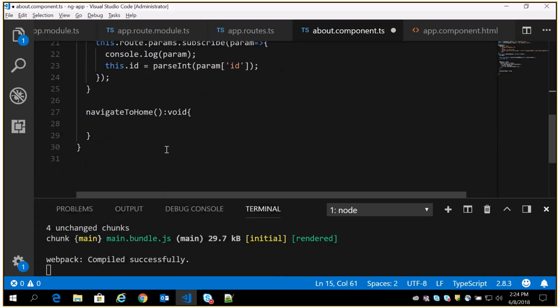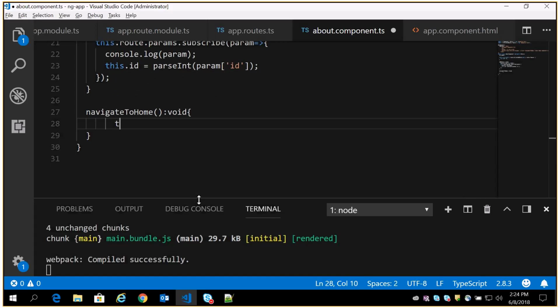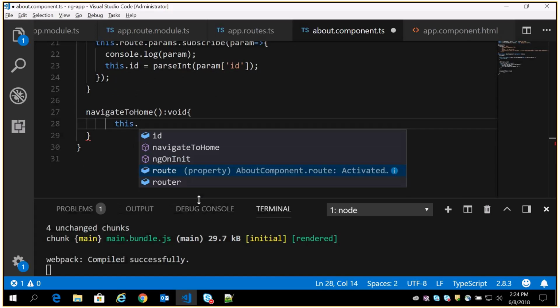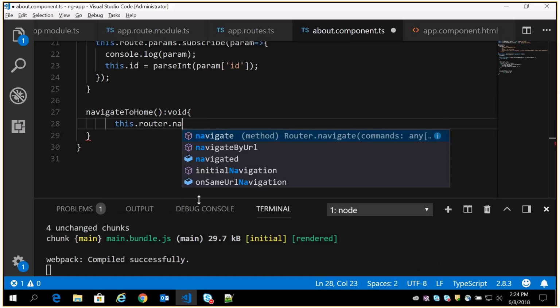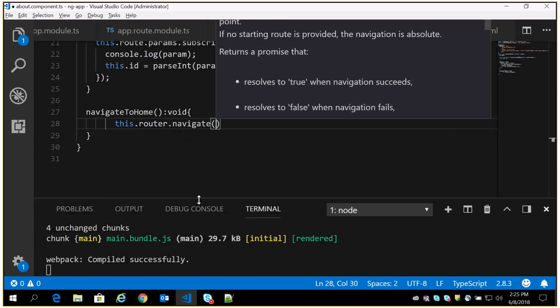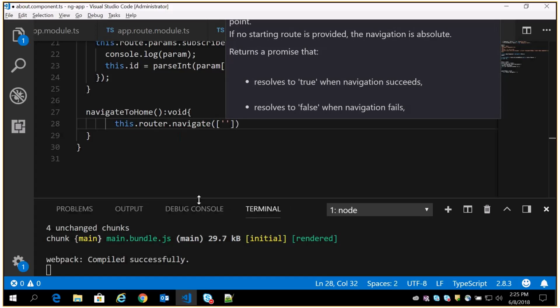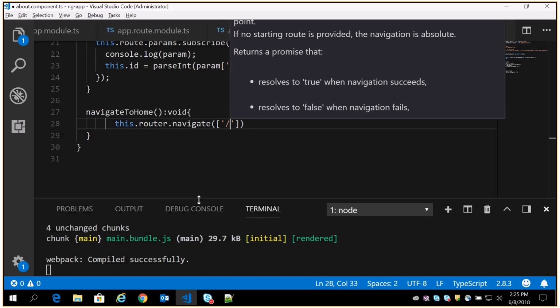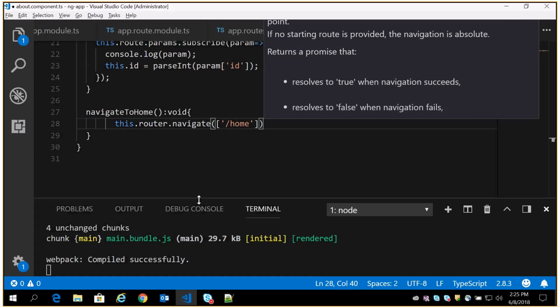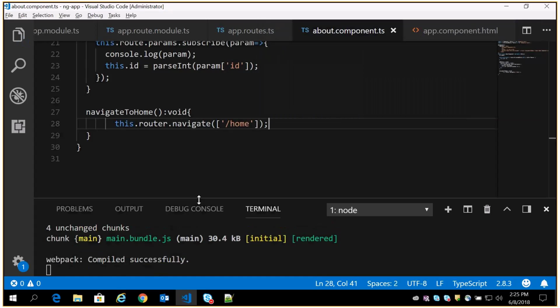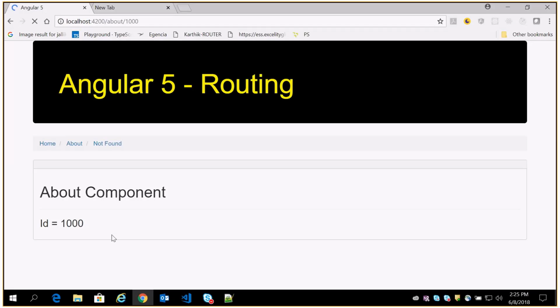Now I can access this service by simply saying this.router.navigate. In navigate, you can simply specify go to the home component. Save it. Now in our about component, we have this go to home component, click, it will take us to the home component. So about and home component.